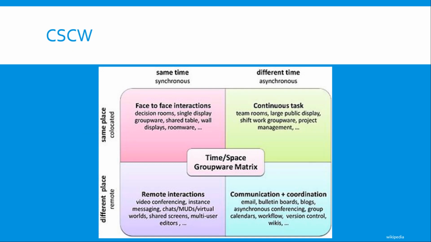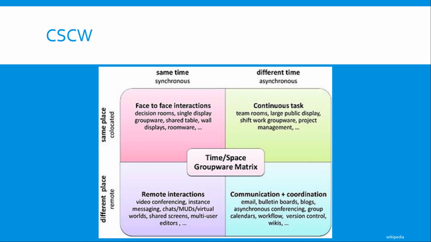With our current global workspace, we have teams that are formed that are not in a different state, not even in a different country or continent. So that has really changed the dynamic and the scope of our workspaces. So we have 2 types of communications, synchronous and asynchronous, and those happen within remote and co-located or on-site